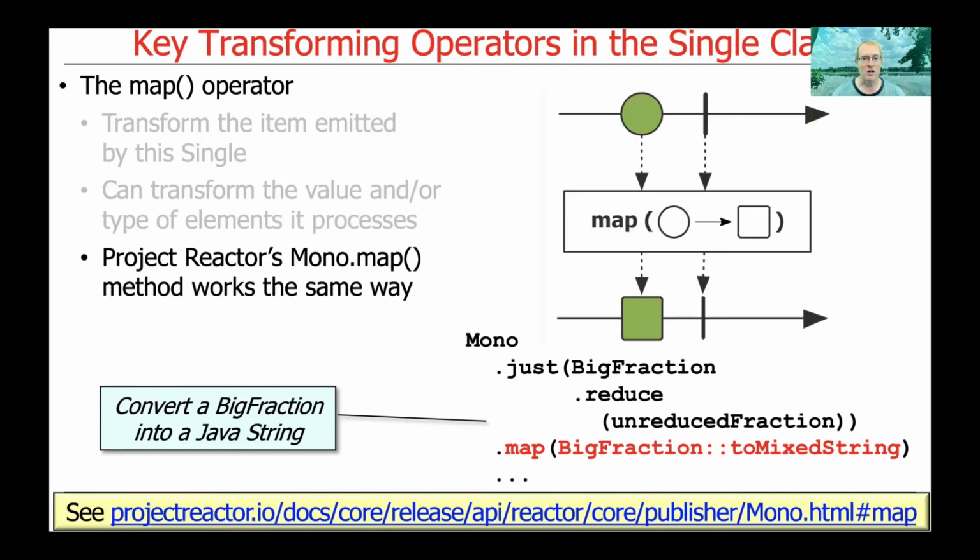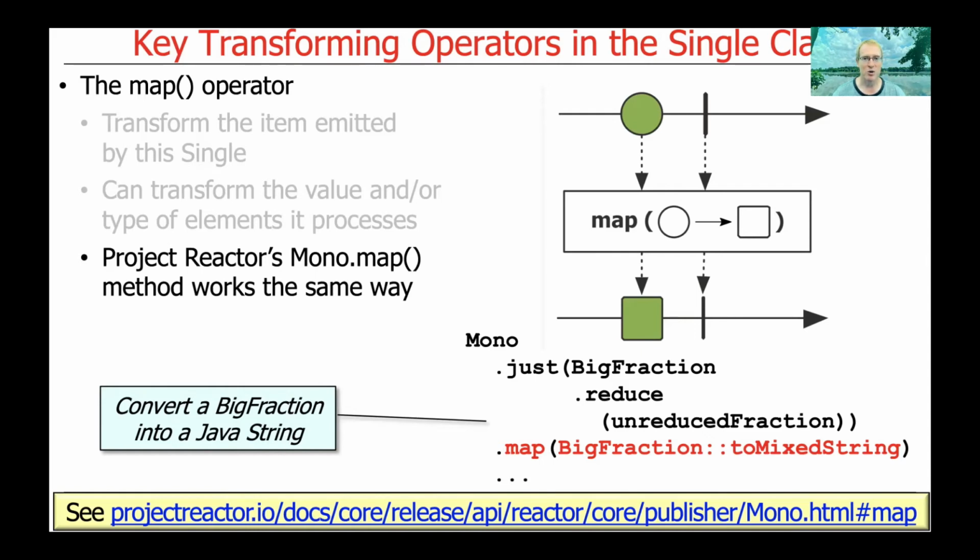Project Reactor also has a map operator that's defined on its Mono class, and it works essentially the same way. Only difference is that we're using a Mono as opposed to a Single, but the behavior is the same as shown in the example below, where we're using the map operator in order to convert a reduced big fraction into